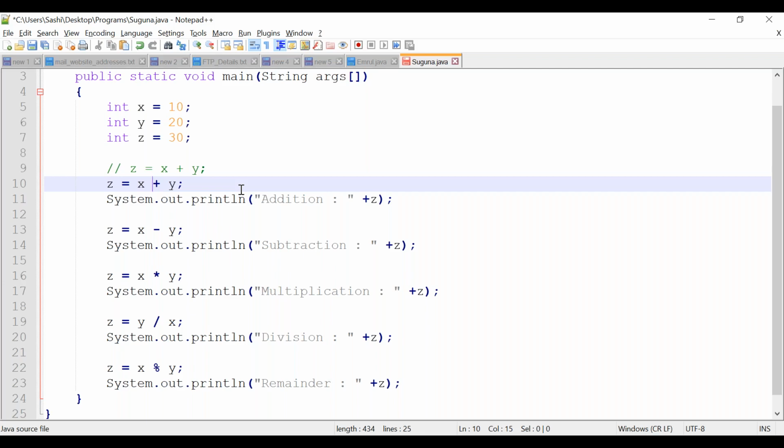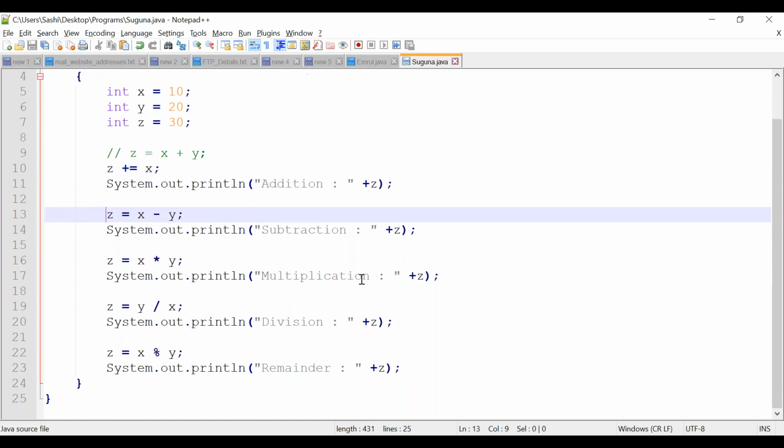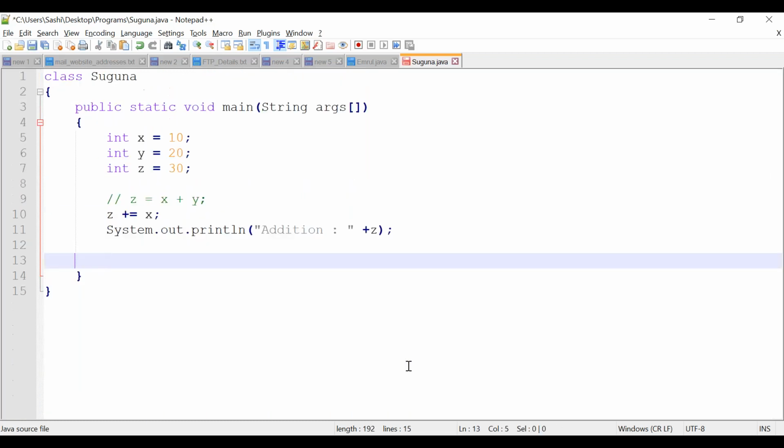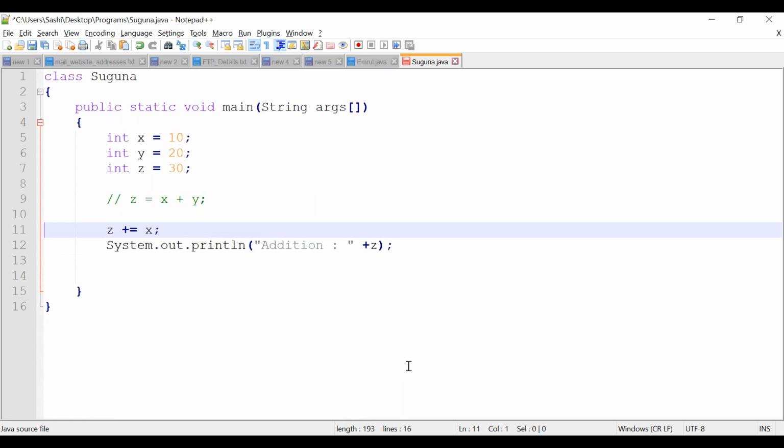I will mention z plus equal to x. Let me remove all these statements. I have removed all the statements, but now I kept z plus equal to x.